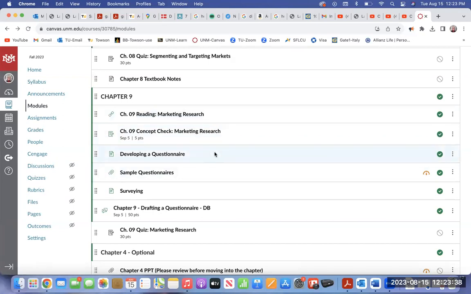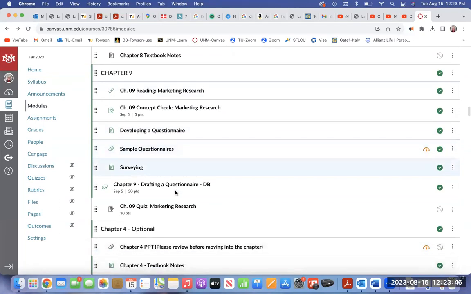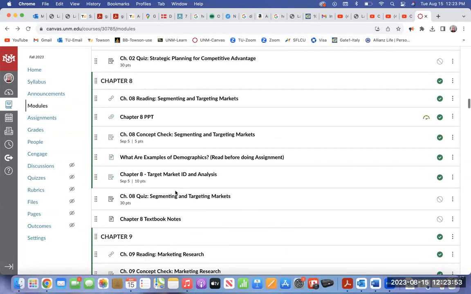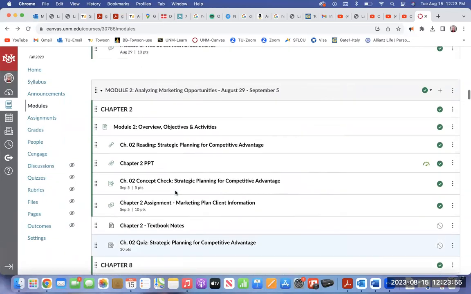Now, this is a draft. I will go through it. I'll give you suggestions. You'll fix it again, and then you'll start surveying. And this is really important to get it done, all of this in this 1 week. So you guys have to get going. You have to get going.